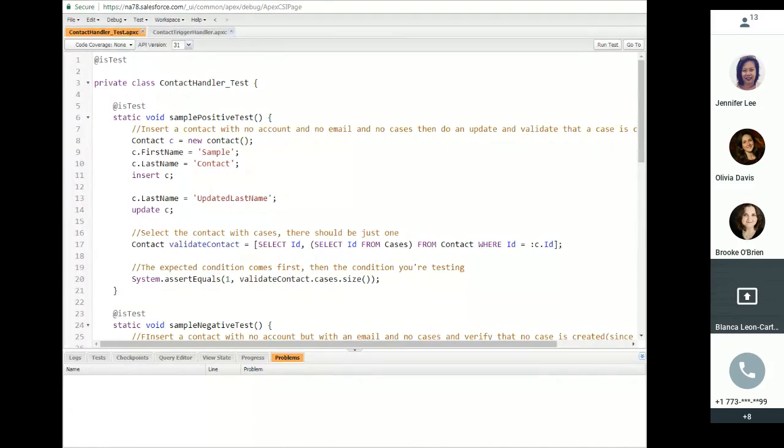Can somebody tell me if they can see my developer console up now? Yep. Okay, great. All right, so